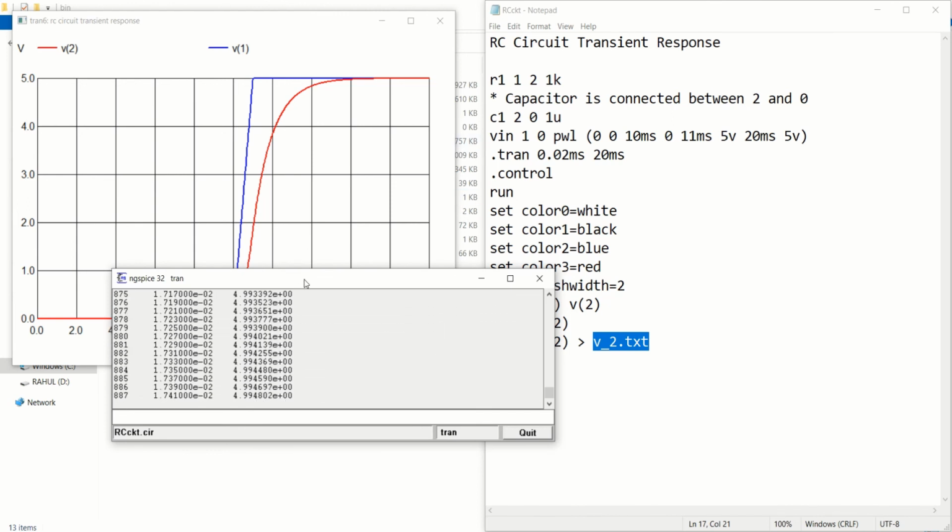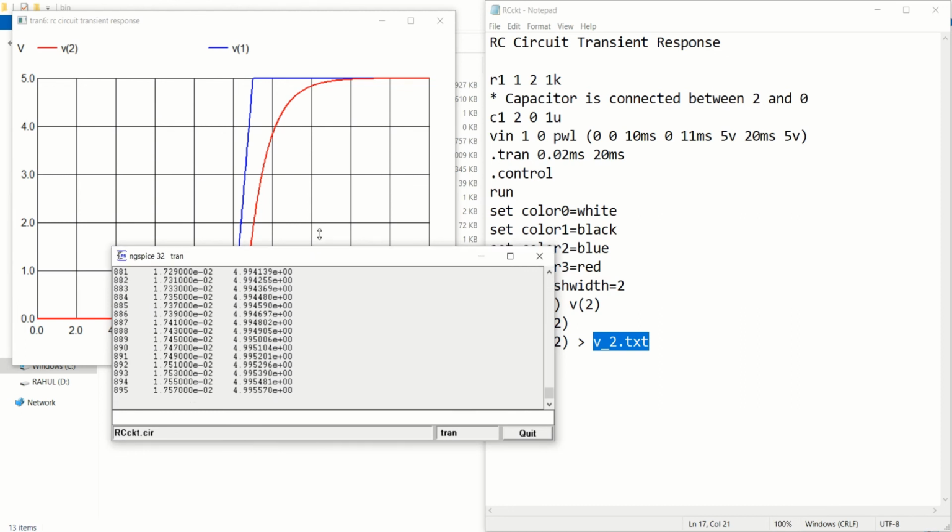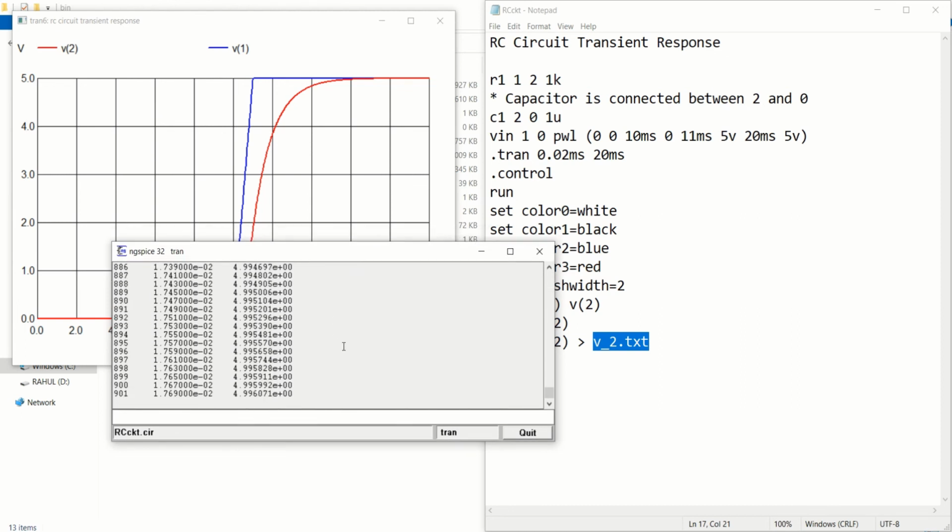So a lot of iterations are happening in the background. Approximately it is taking a few more seconds, I think. See, I said 1017.